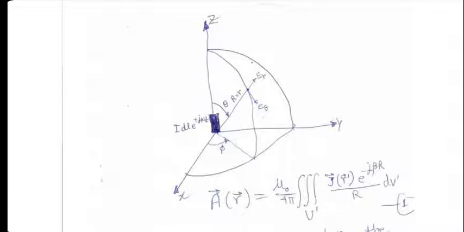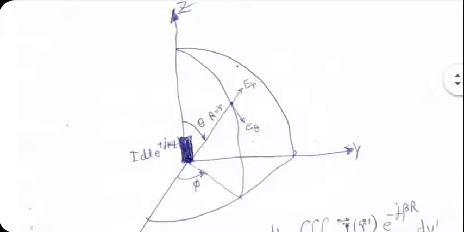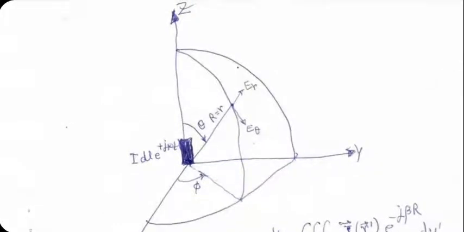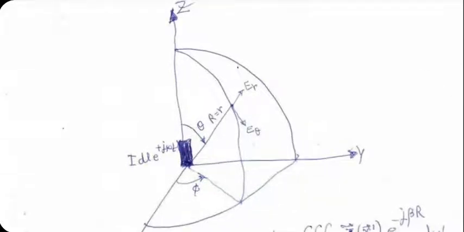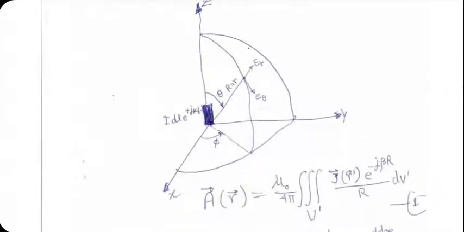The vectors, or unit vectors if you want, or components of vectors are also shown here. I'm not showing everything, by the way, in this diagram. I'm only showing E_R and E theta. E phi is perpendicular to both E_R and E theta. You can try to imagine that. And H_R, H theta, H phi also will be there. They are not shown so that the diagram is not too cluttered. Now, the origin happens to be the same as the antenna location. So, capital R and small r will be almost the same.